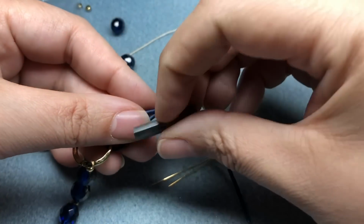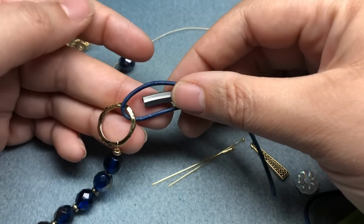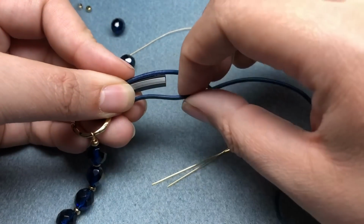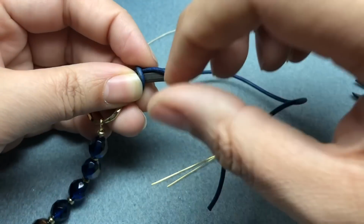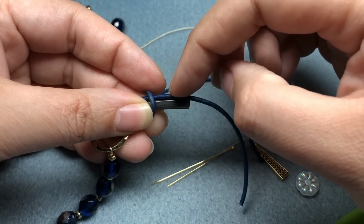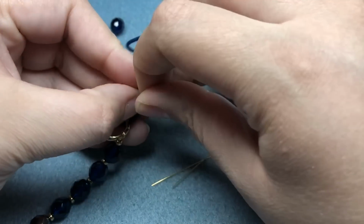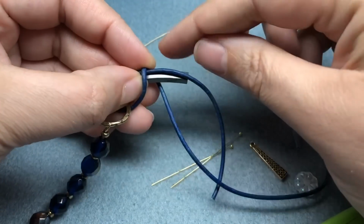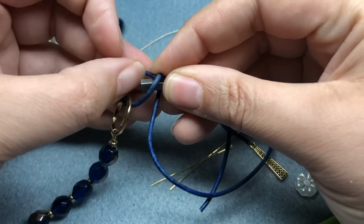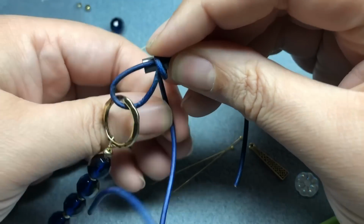I'm going to take my barrel bead, or you can use a straw, or take the casing off a pen, just something that has a hole in it. Sometimes you don't even need the bead, but it is easier on yourself if you do it that way. So I'm going to go up over my barrel tube and my top piece of leather, come back down, go back around, but we're not going up next to it. We're coming to the left of the loop we just created, like that. I'm going to do it again,